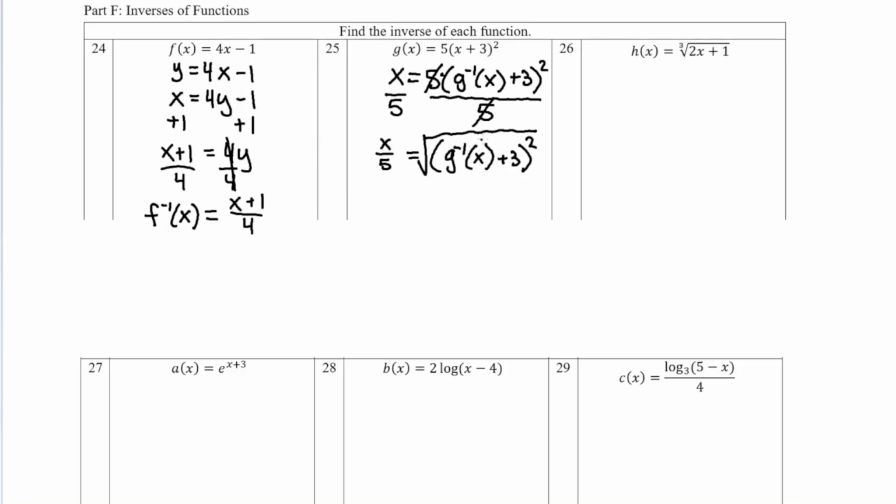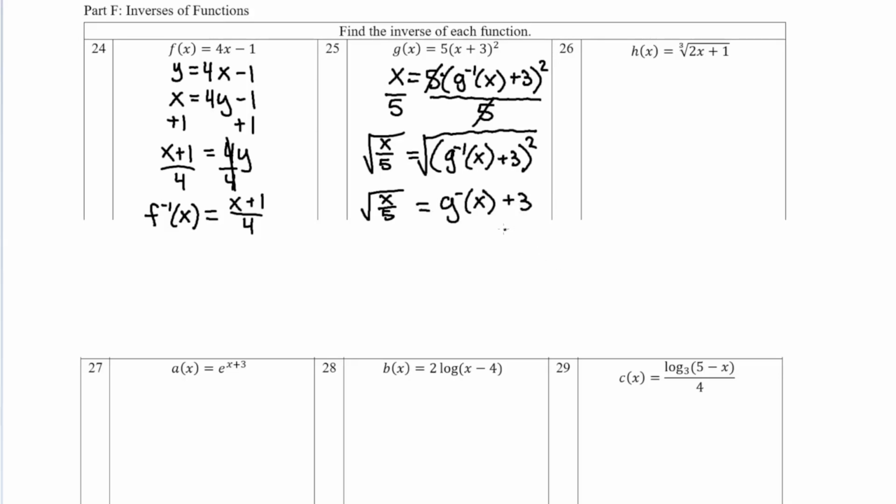And yeah, don't make fun of my squiggly lines. I can't draw straight lines. I'm sorry. Anyways, moving on, we get the square root of x over 5. I was going to say plus 5. Silly me. Now we can remove those parentheses